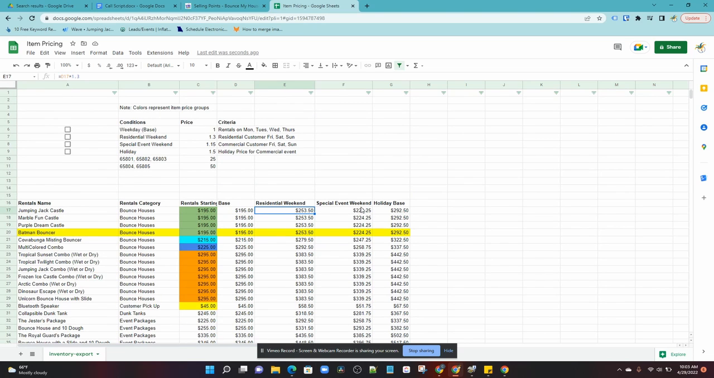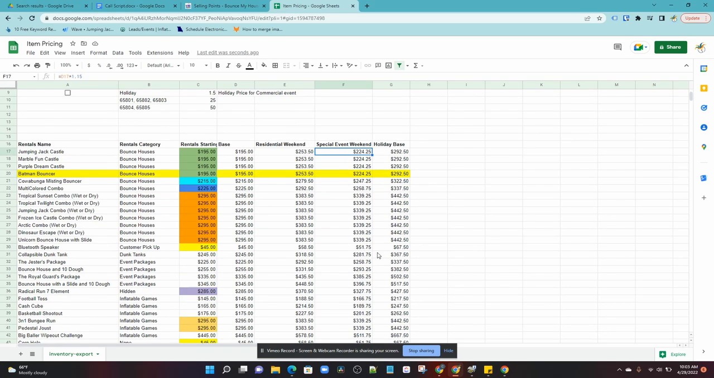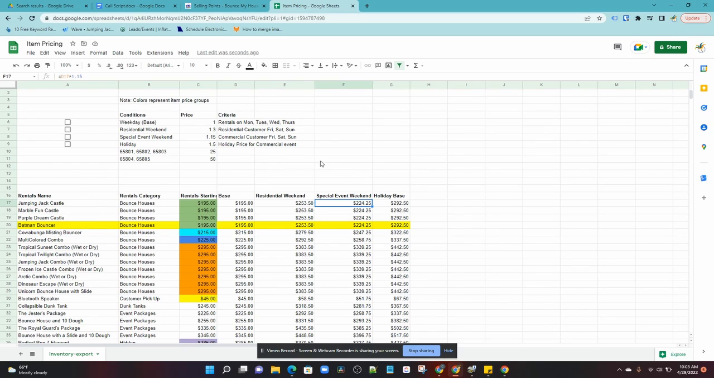Same thing with the special event price. I say I want it times 1.15, and it gives me the price for all the items, and then a holiday price. Now your conditions may be zip codes. You may say these three zip codes are an additional $25. That way you can say it's free delivery. You can say these three zip codes are $50, and then you can say free delivery, because in IO currently